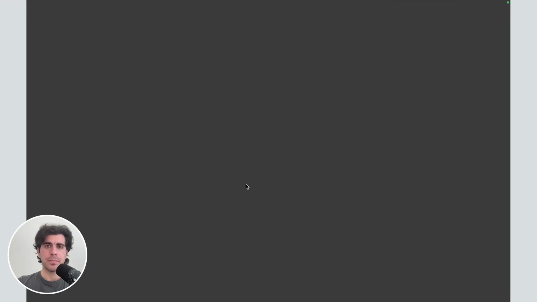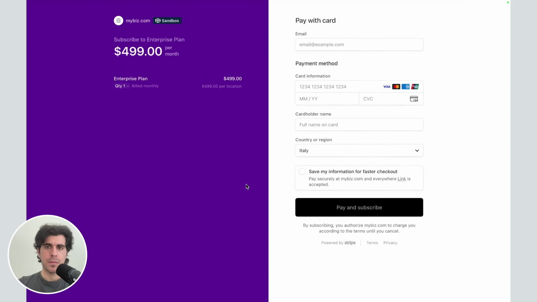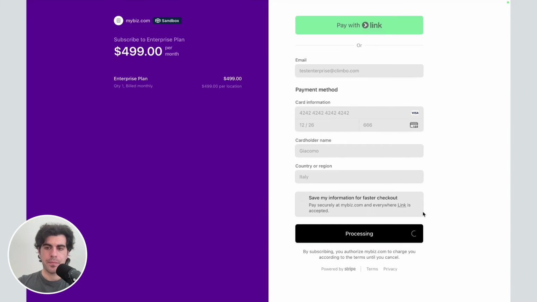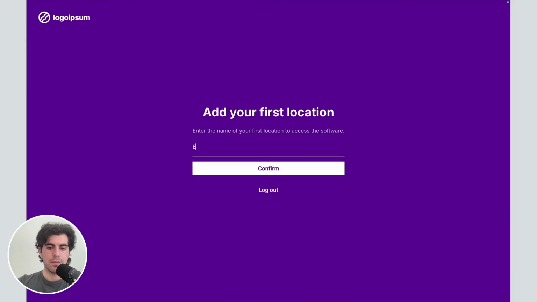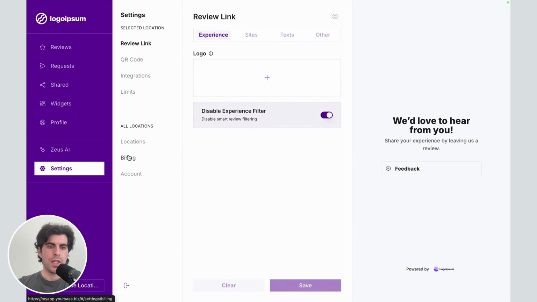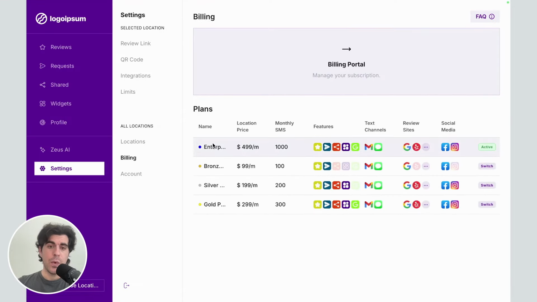Let's open the payment link. All right, you see that here we do not have a free trial, so it's requested to pay immediately $499 to access this plan. Let me show you an example. All right, let's click on pay and subscribe. Let's give a name to the first location. All right, and if we go to the billing section of this new client, we can see that we are